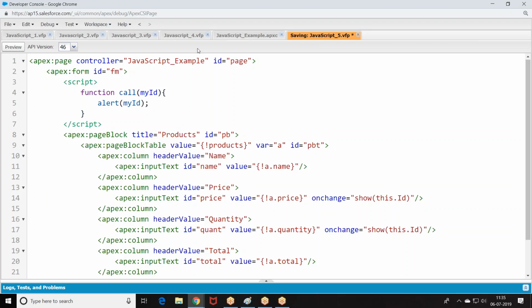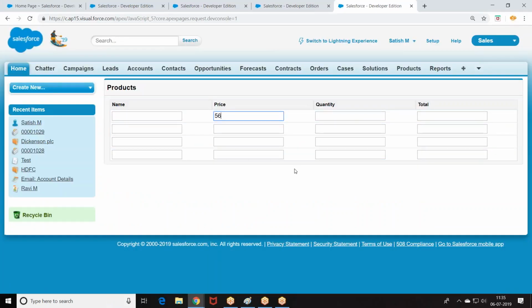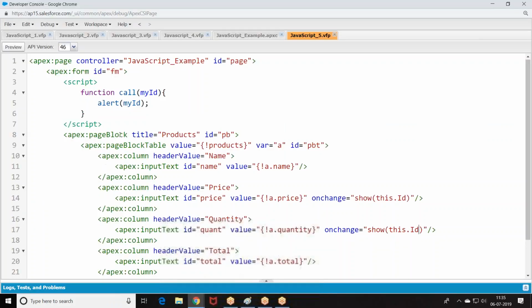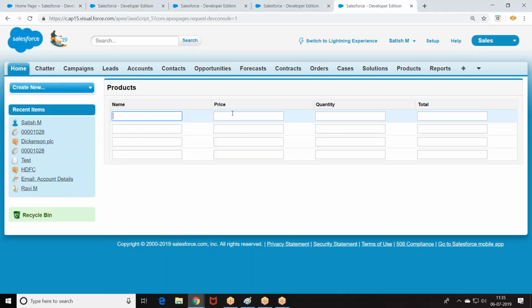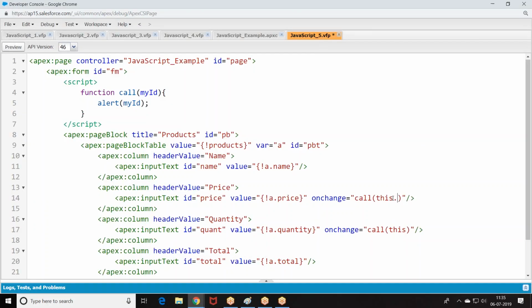The ID for it? Okay. One minute, the function name is called. Okay. I was busy completing this example. Fine. First, let me show this and give it. Either this or this dot function, any one will work. Object HTML input element. So I will give this dot.